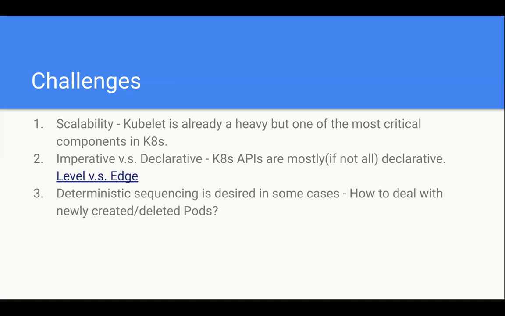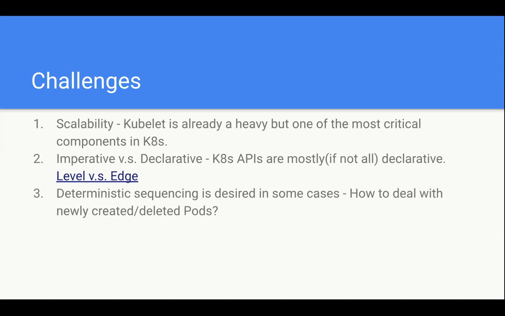How do we make sure we don't send too much traffic to the API server, and how do we ensure Kubernetes can actually handle so many notifications when the pods can be in the order of thousands in the cluster?